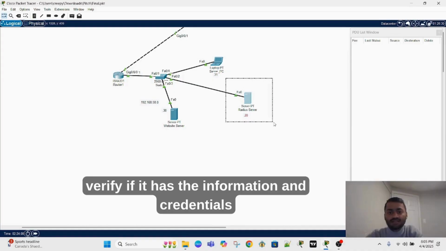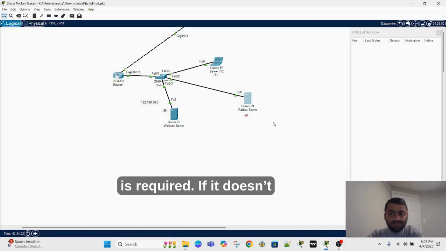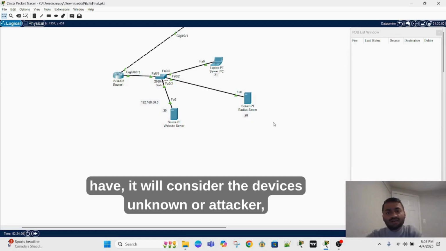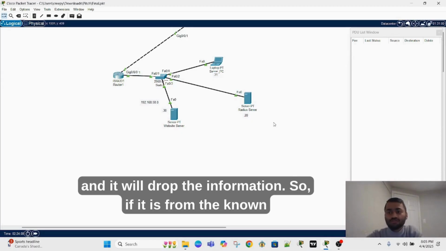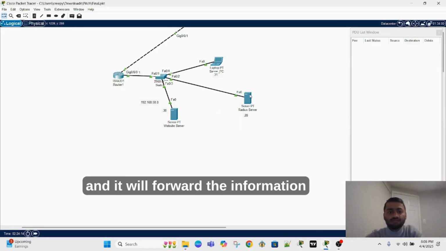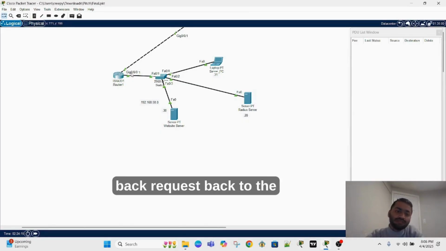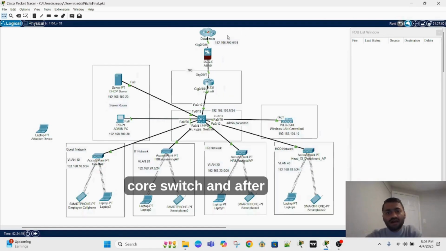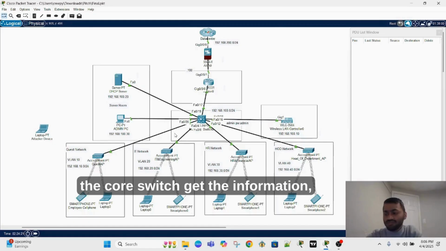It will verify if it has the information and the credentials required. If it doesn't have it, it will consider the device unknown or an attacker and it will drop the information. If it is from a known device, it will verify it and forward the information request back to the core switch, and after the core switch gets the information,